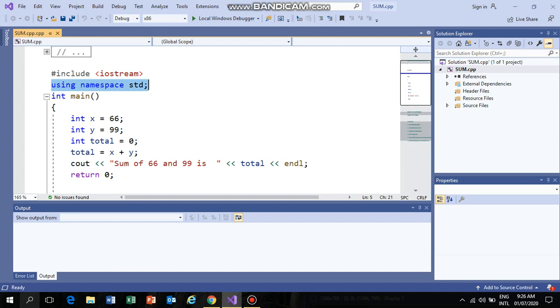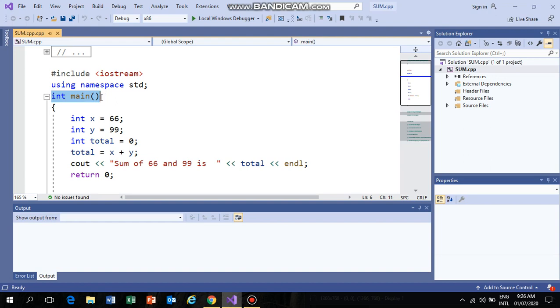The next line is the int main function. It is used as the entry point of the program.